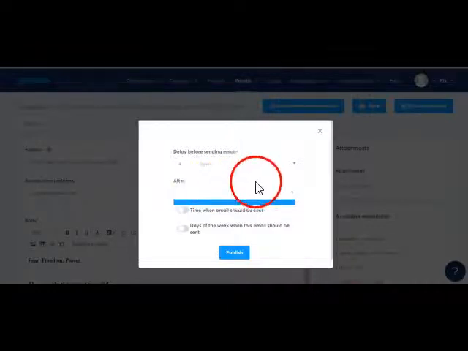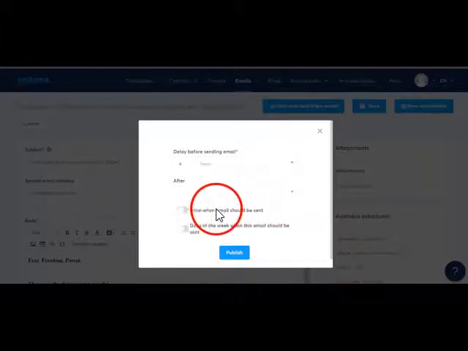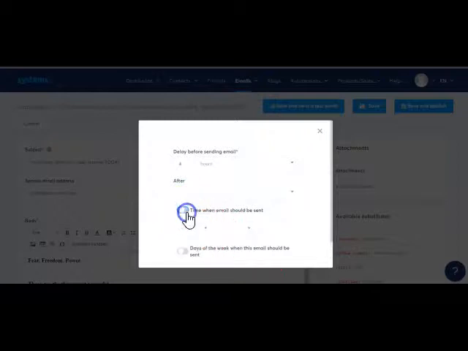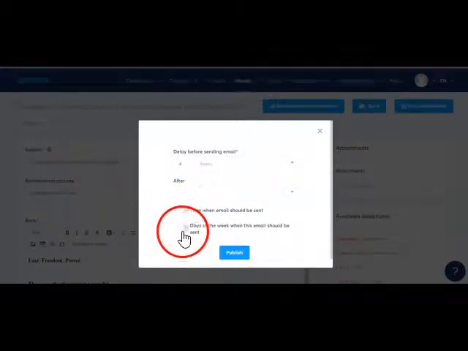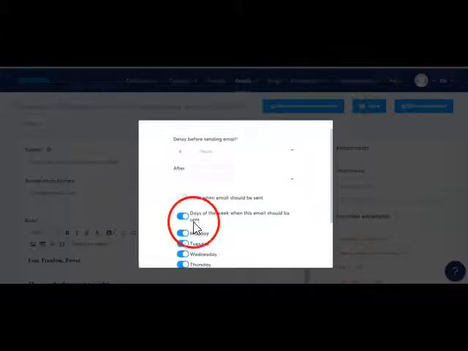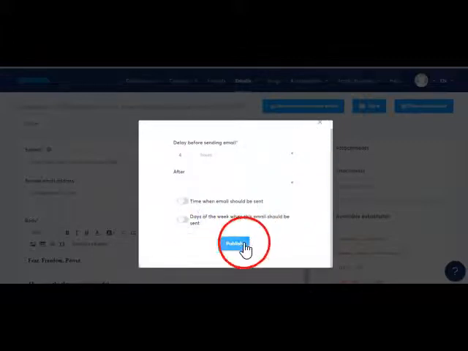But since this is the first email, we don't need it. Time when the email should be sent, we don't want to schedule a time. The days of the week, we don't want to do that at the moment, but these options, if you just click the option, it gives you set time. Again, if you click the days, what days of the week you want to get it out. So we just press publish,